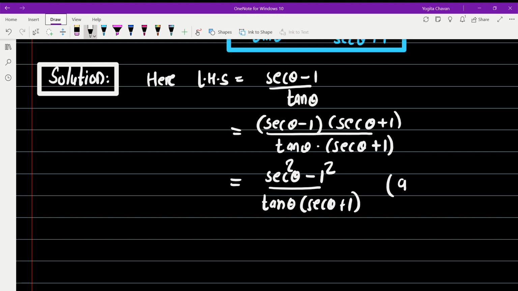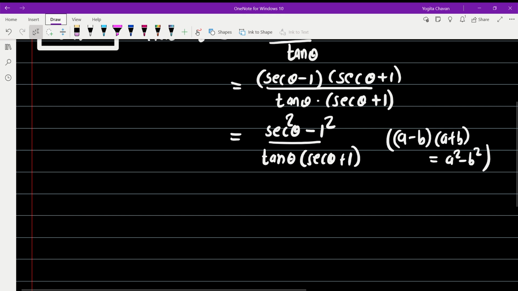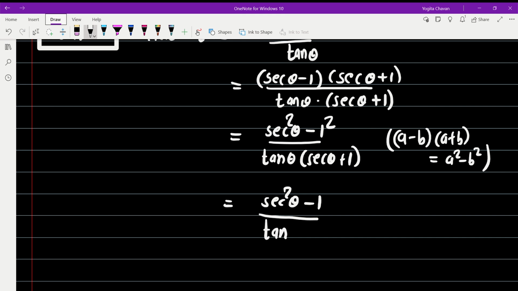Reason: because (a minus b) into (a plus b) is equal to a square minus b square, and this is true for any real numbers a and b. So (sec theta minus 1) into (sec theta plus 1) becomes sec square theta minus 1 square. This is equal to, now, (sec square theta minus 1) divided by tan theta into (sec theta plus 1)